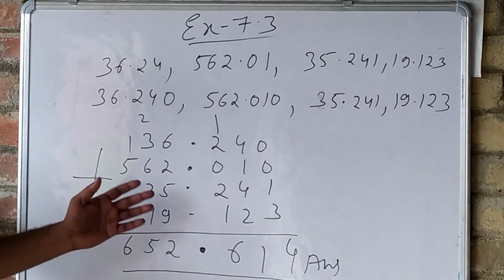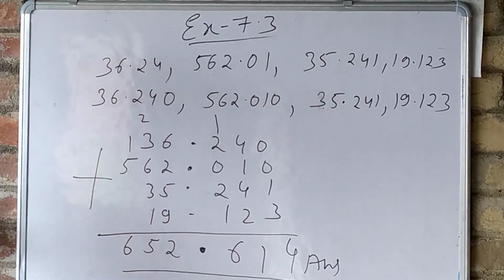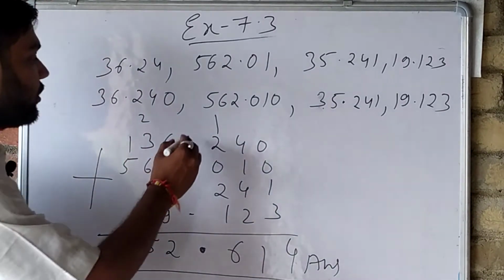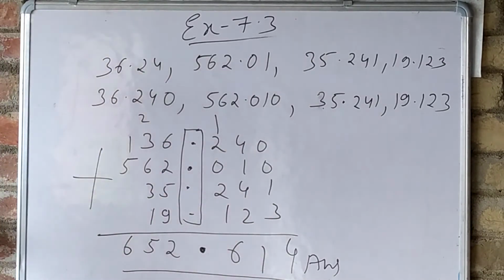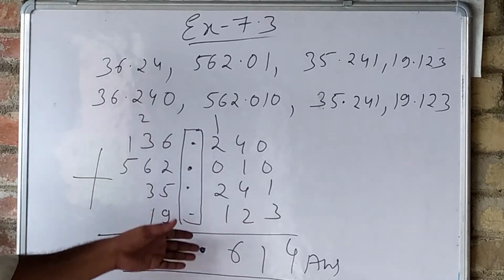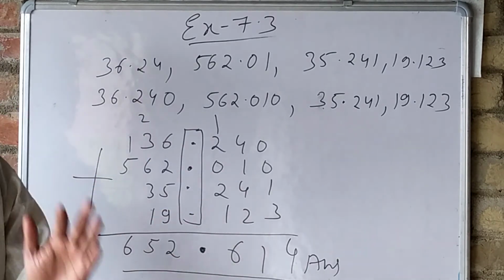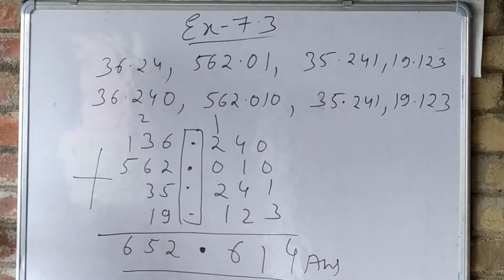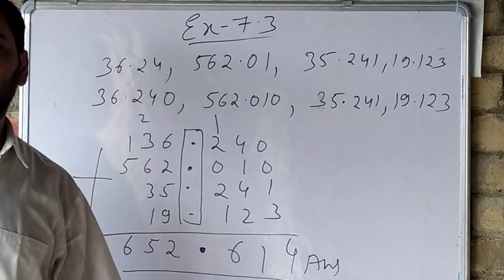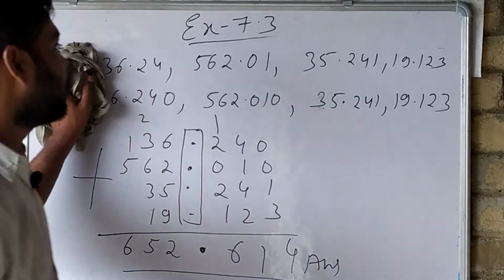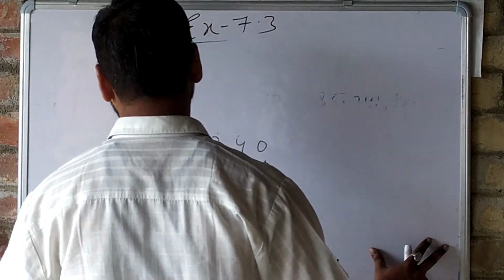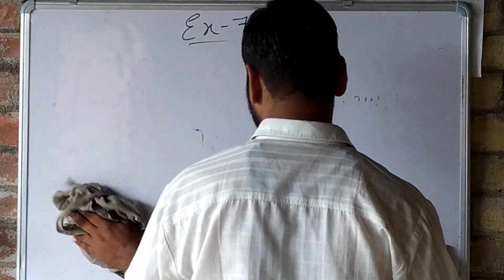652.614. Okay, so we have arranged the unlike decimals into like decimals. Then we will see that the decimal points are in a single line, that means the same line. If they are arranged in the same line, that means we have placed them in the correct order to add. Then we will simply add the values. Okay, so this is the way of addition. Understand? And in subtraction also, we have to first convert unlike to like decimals, then we have to subtract.